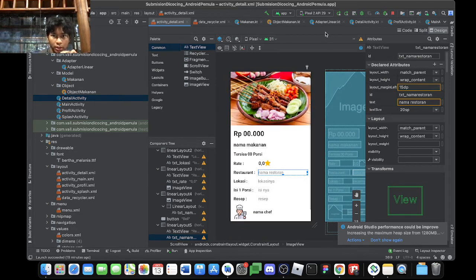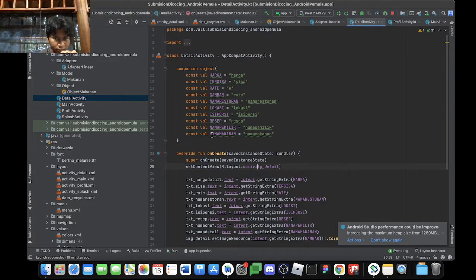Okay, back to detail. Make a companion object, and make a const file of every single widget in the detail. Okay, with default value, and you can just type anything. And then inside of